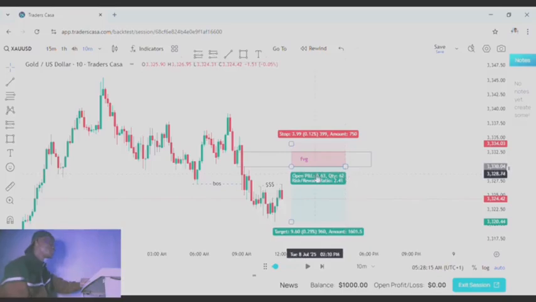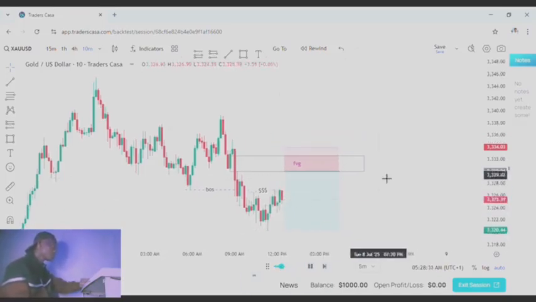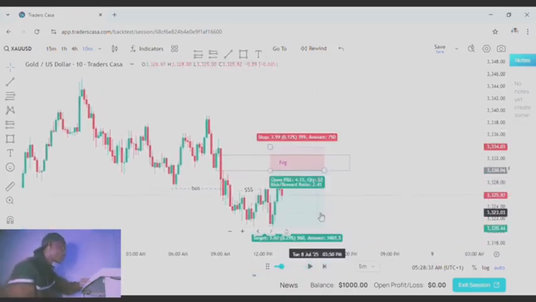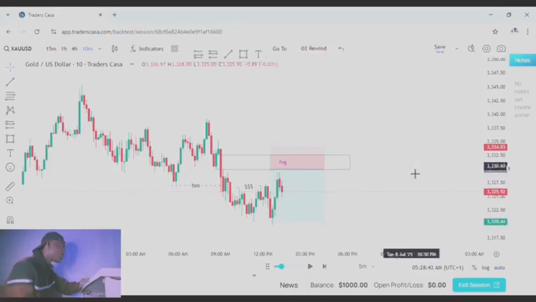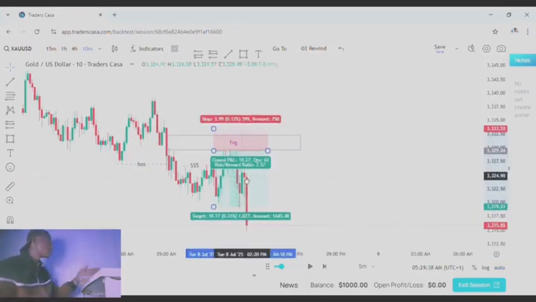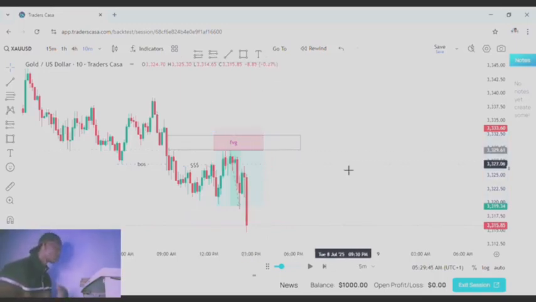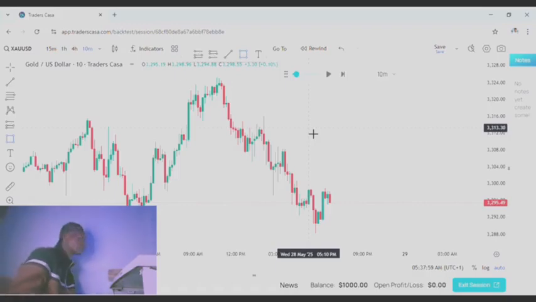Then let's play this out and see what the market did after this. Let's see, baby. I see right here, this trade was a success, you understand? So I will show you guys another example for the order block sell. Let's go over to the last example for you guys. This is for a sell for order block.